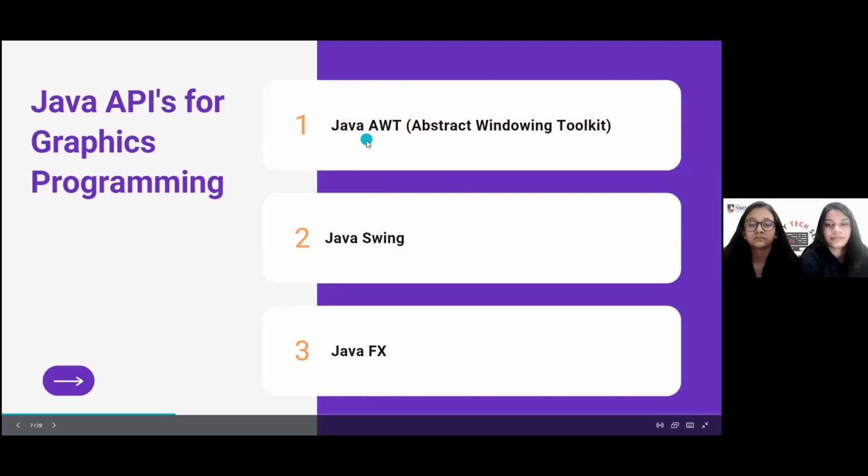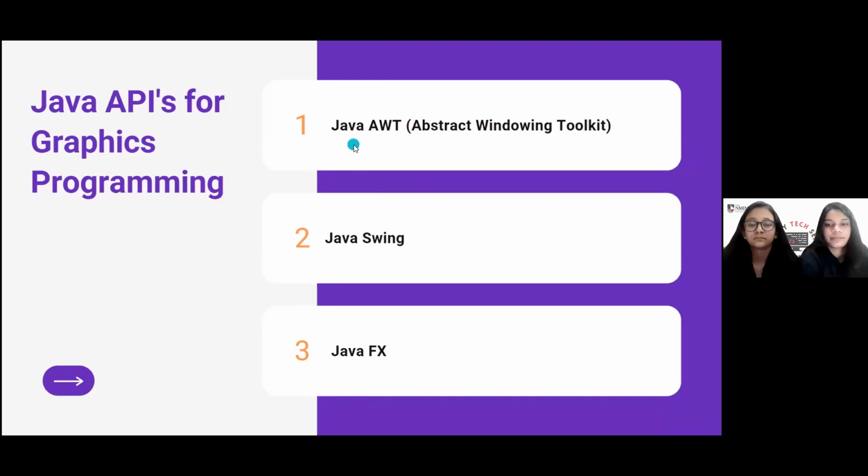Firstly, starting with AWT, the AWT API was introduced in JDK 1.0. Most of the AWT components have become obsolete and should be replaced by newer Swing UI components. Second, we have Swing. It is a much more comprehensive set of graphic libraries that enhances the AWT.